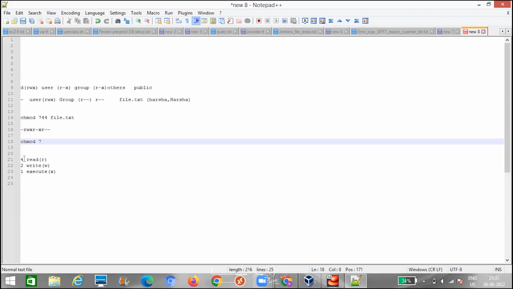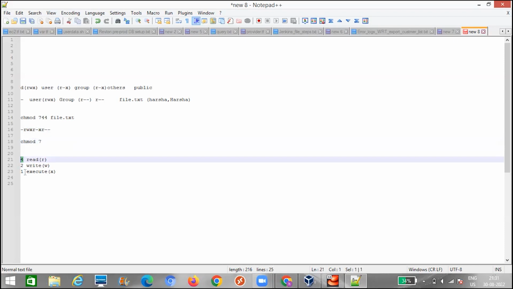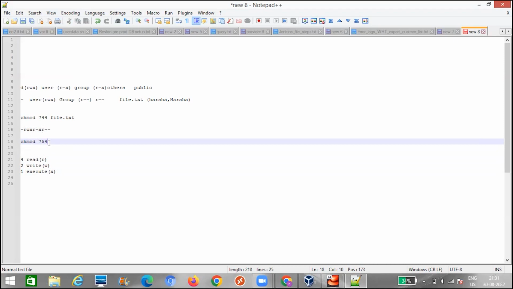What is the read number? 4. What is execute? 1. 4 plus 1, 5. But for others, I want to give only read permission. So what is the octal representation for read? It is 4. File.txt. So in this way, we can change permissions for a given file.